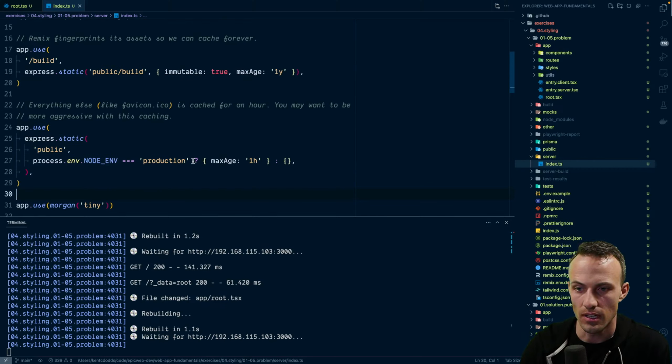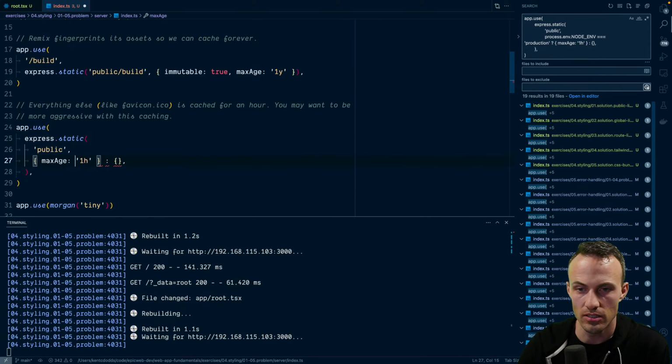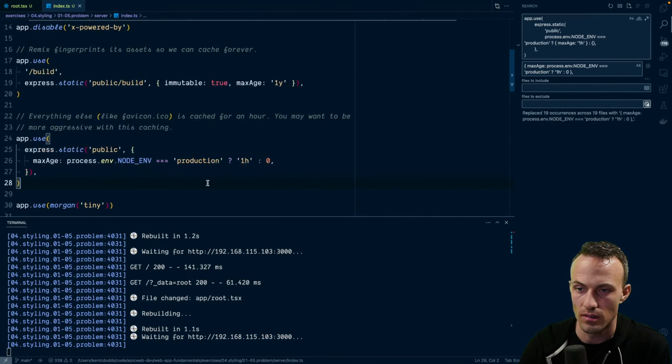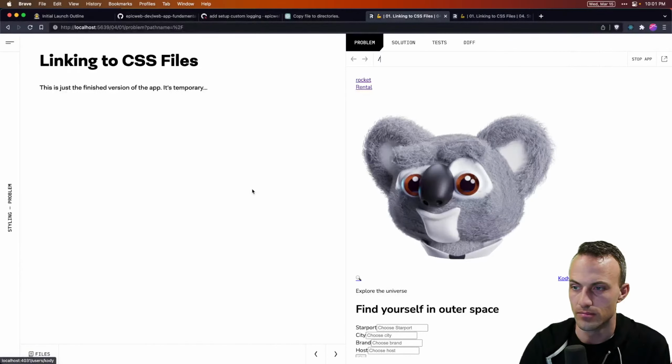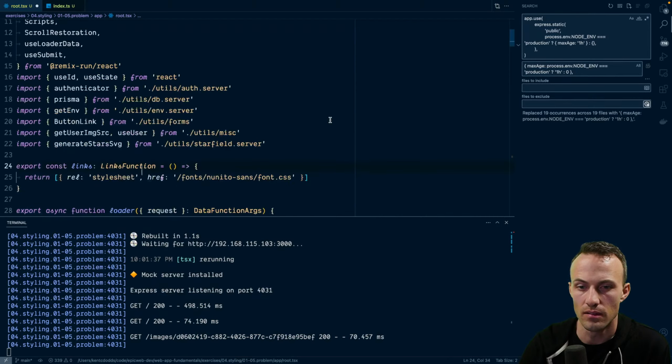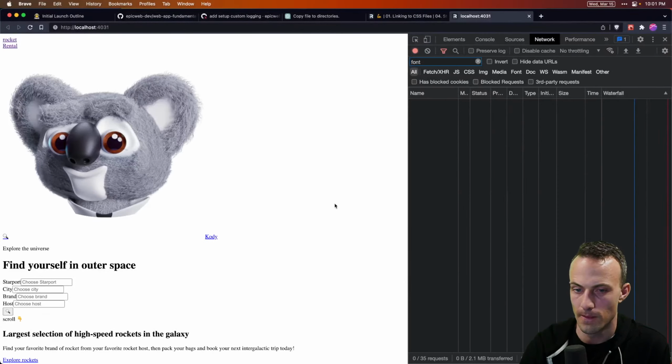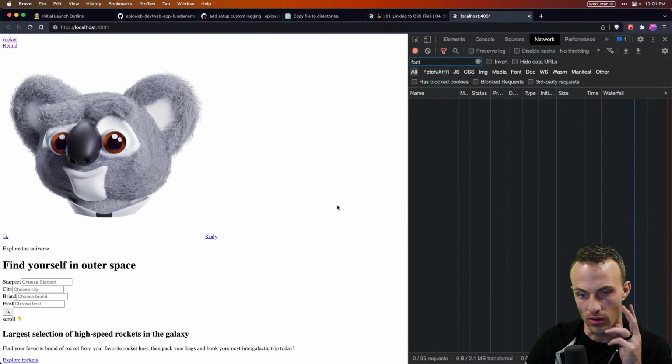Kind of think this should be different. I think we should instead do max age 0. Pretty sure that should work. Okay. And then do we get a refresh?